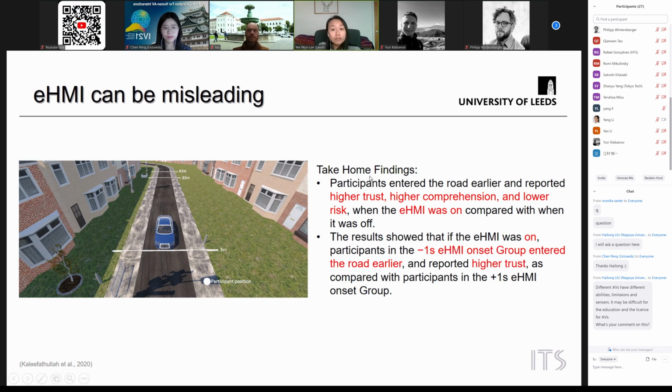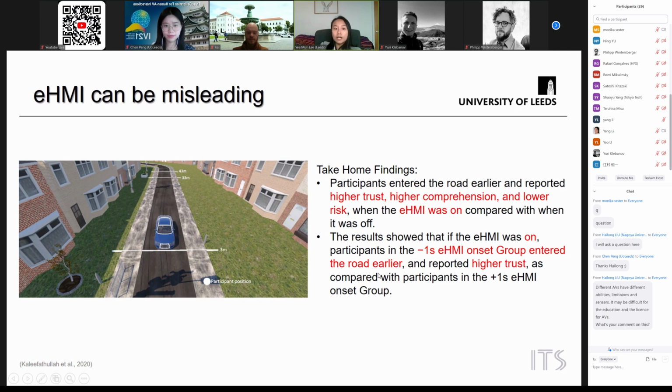So in general, pedestrians entered the road earlier and reported higher trust, higher comprehension, and lower risk when the eHMI was on compared to when it was off. This is just a replication of findings that we've seen across many studies. And the results actually show that when the eHMI was on, participants in the negative 1 second eHMI onset group entered